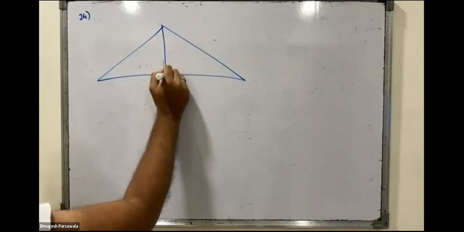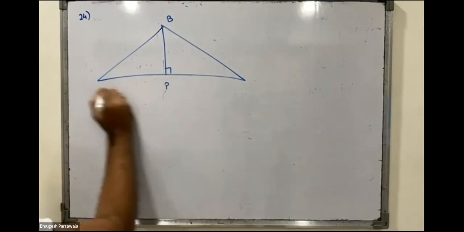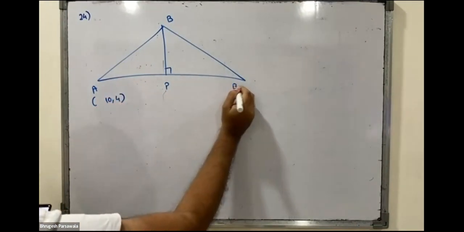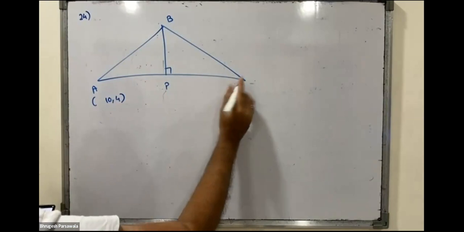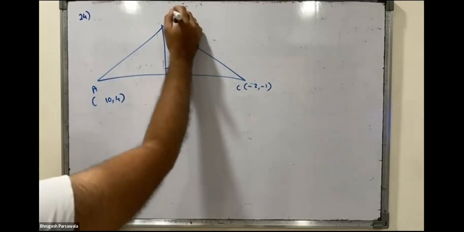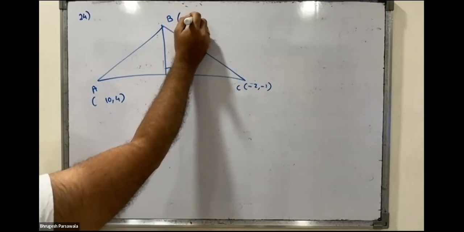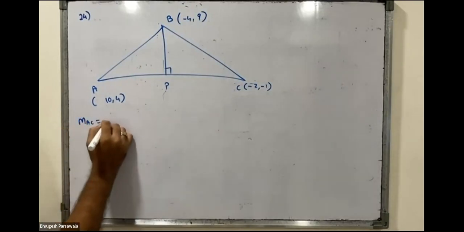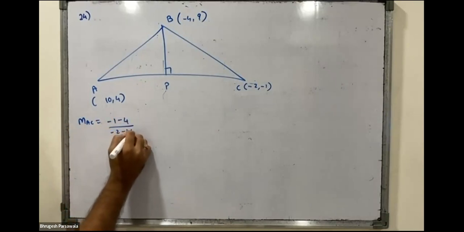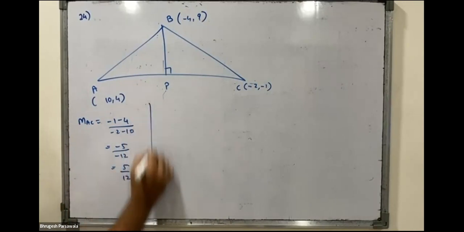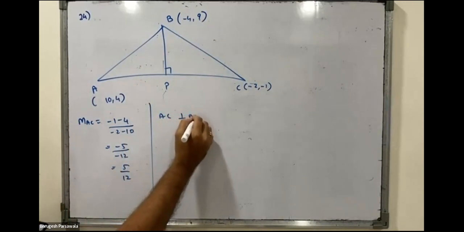So altitude through B means perpendicular through B. Okay, altitude through B. First find the slope of AC: y2 minus y1 upon x2 minus x1. Since AC is perpendicular to BP,